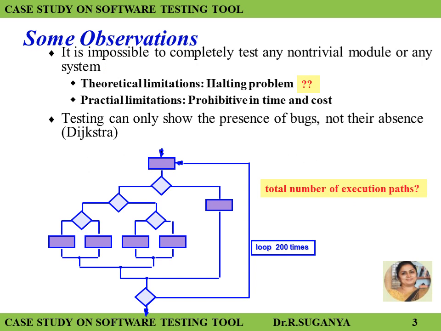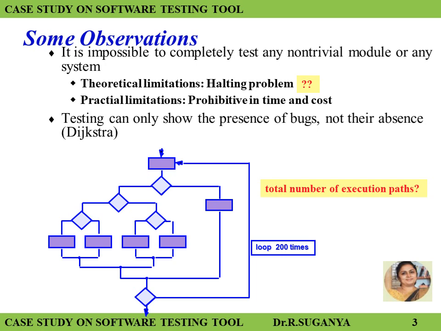Some observations: it is impossible to completely test any non-trivial module or any system. There are theoretical limitations like the halting problem, and practical implementations are prohibitive in time and cost. Testing can only show the presence of bugs, not their absence, as Dijkstra said. There is a total number of execution paths. If we see the flow chart here, the loop runs 200 times, so the total number of execution paths we can